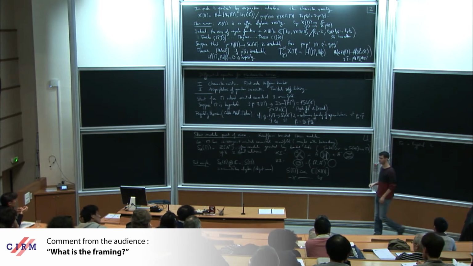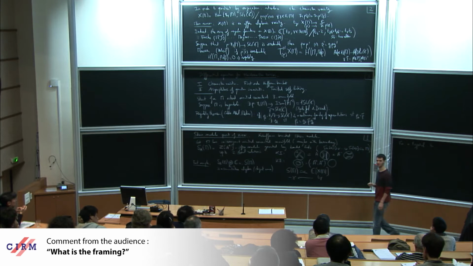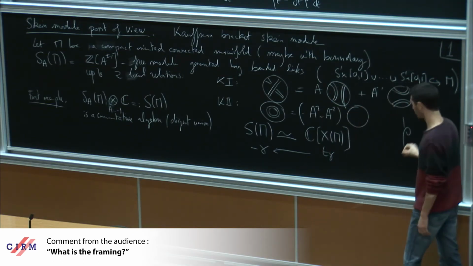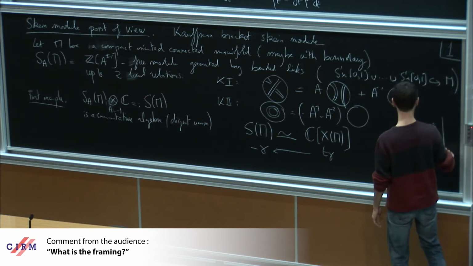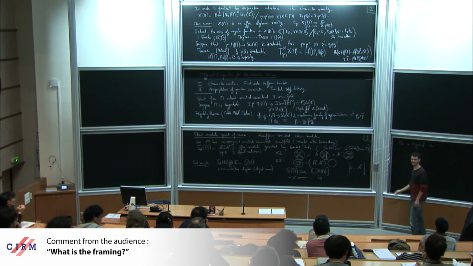What's the framing for your gamma? Just because you put A equal to -1, we don't care. Because if you add framing, this is minus A cubed times that. In general, A equal to -1 just gives you that you don't care. That's why you cannot put anything else than -1 here.